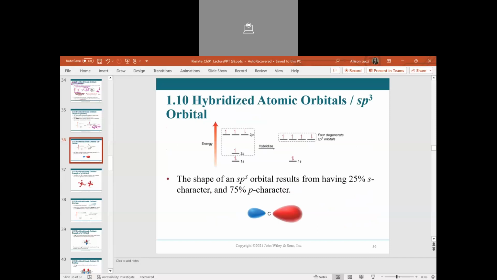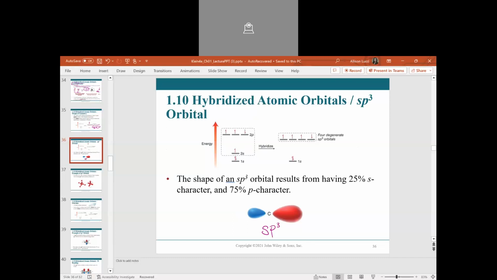So what this looks like here is the p character over here and some of the s character over here would form this sp3 hybridized orbital. So this is how a hybridized orbital appears,